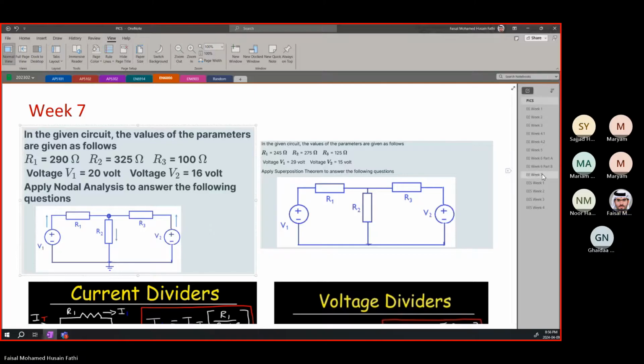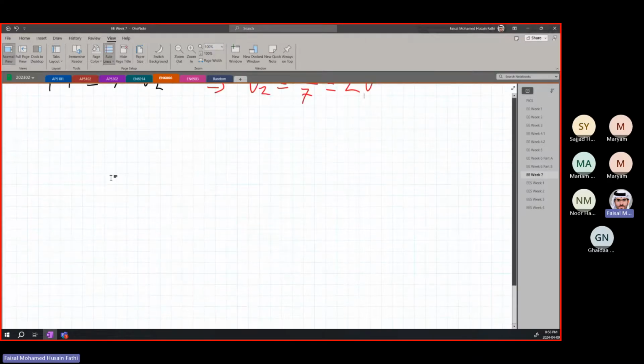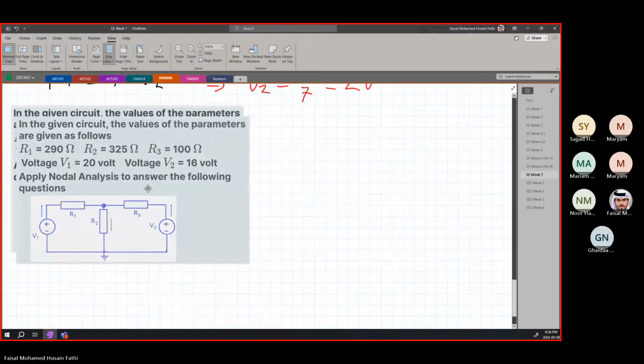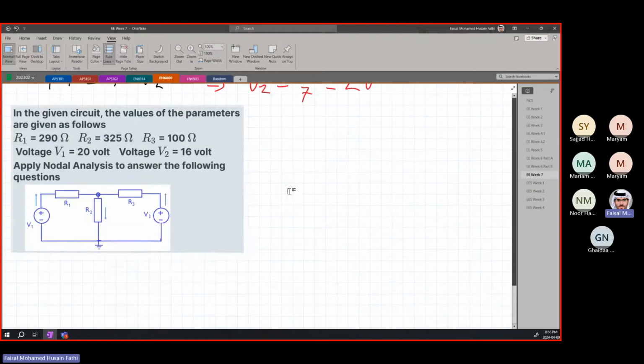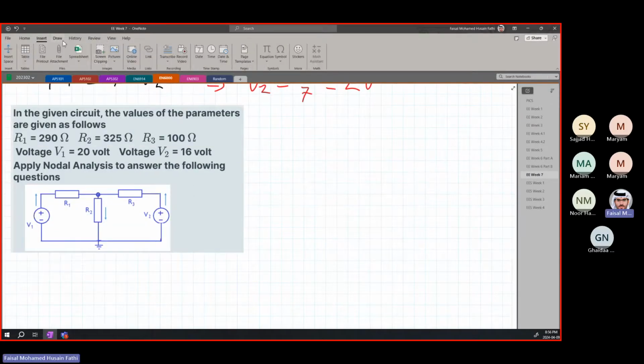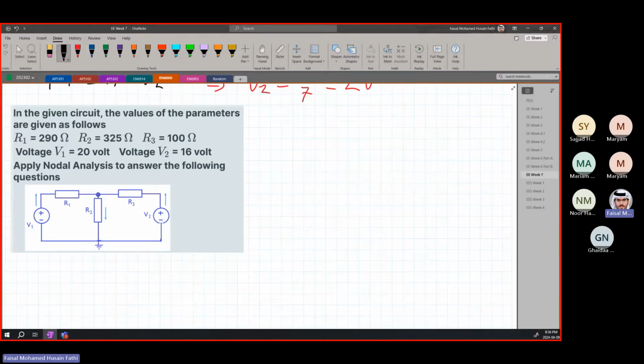Now, let's solve this question. Week 7. As you can see, they gave us a very simple circuit as they usually do. I'm pretty sure at this level, they're not going to give you something way too complicated. I've seen the past exam very slightly, and it didn't look too scary, honestly. If we get the chance today inshallah, why not? We'll try to take a look at it together and solve everything very quickly. But first, let us make sure that we understand all the concepts that we need to understand